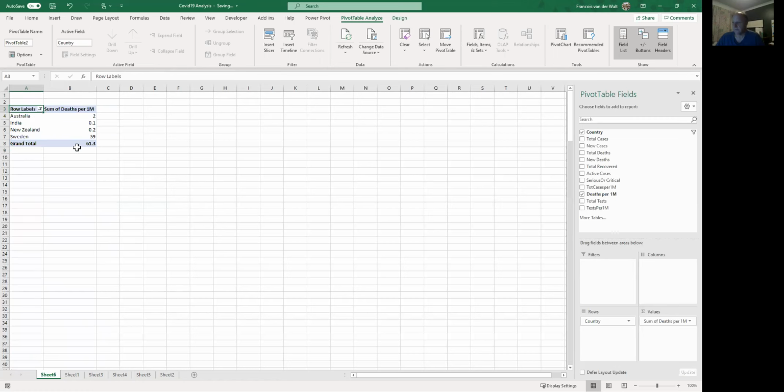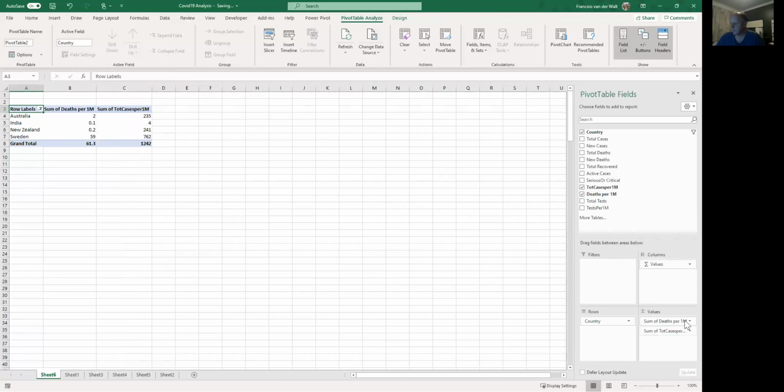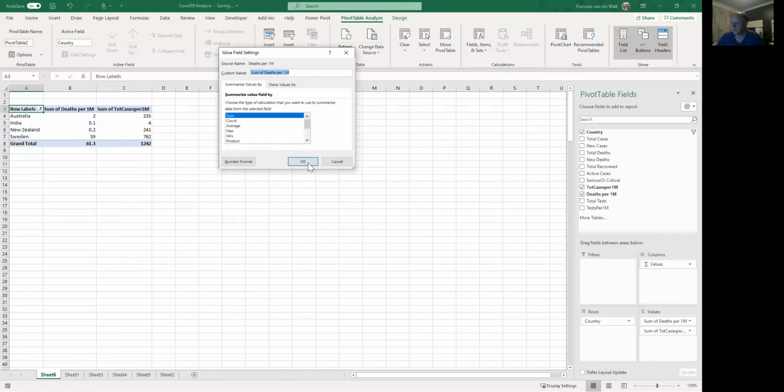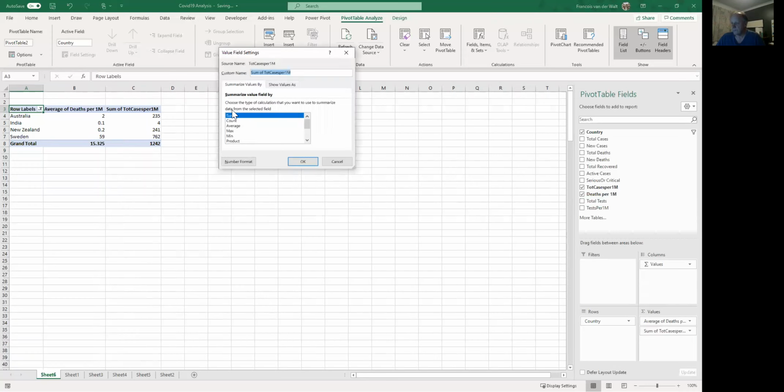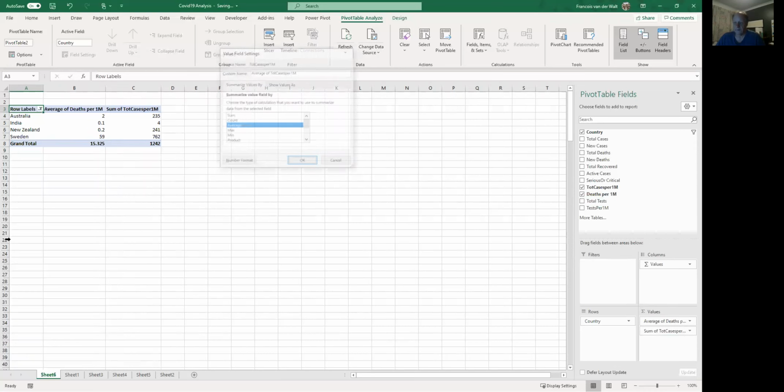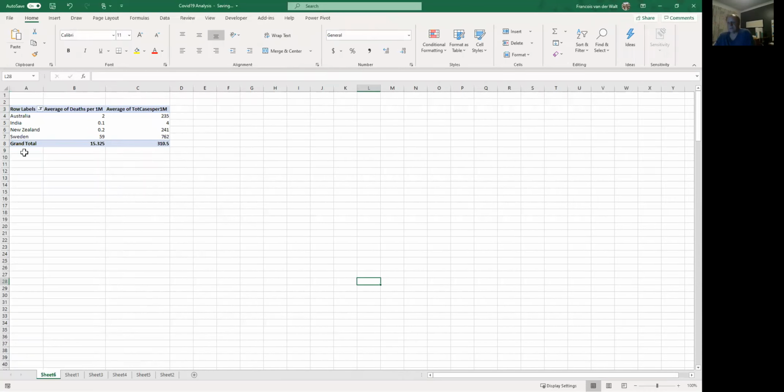Okay, so now we know, let's just, okay, so we don't want the sum, we want the average. Because the sum doesn't really make sense, does it? We want the average. Okay. Although, because there's only one value in our data set, that's what we get. So let's see, Sweden,